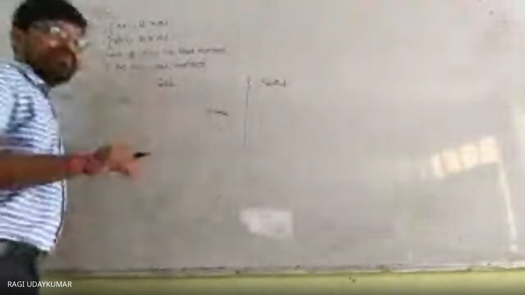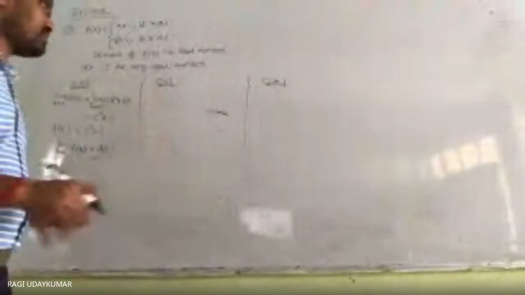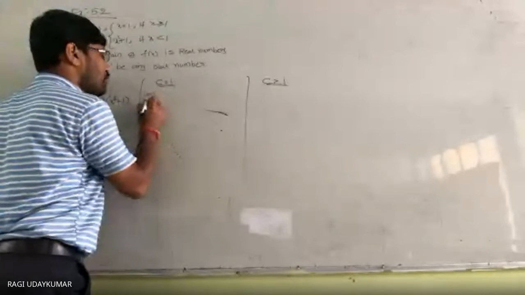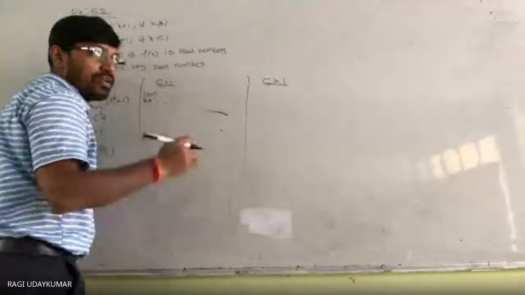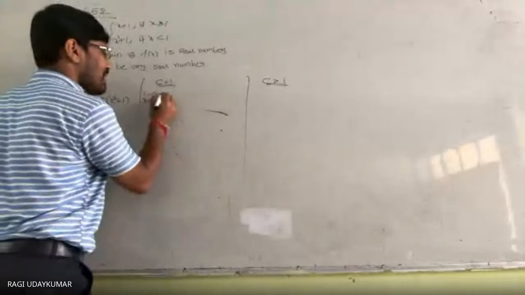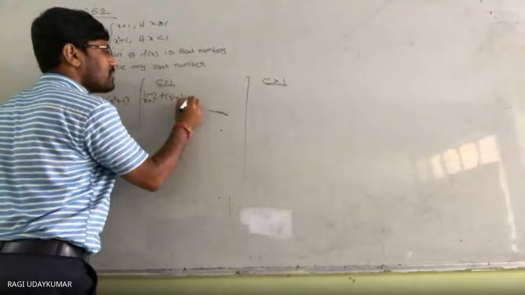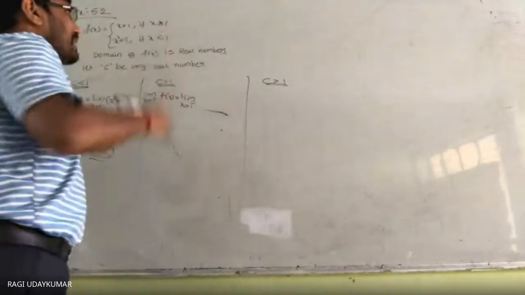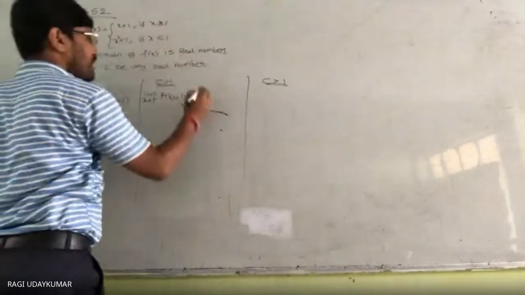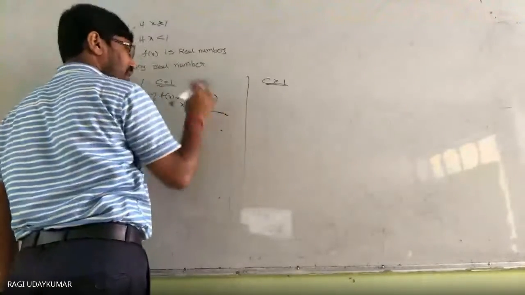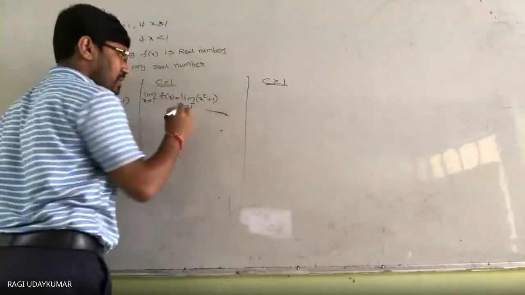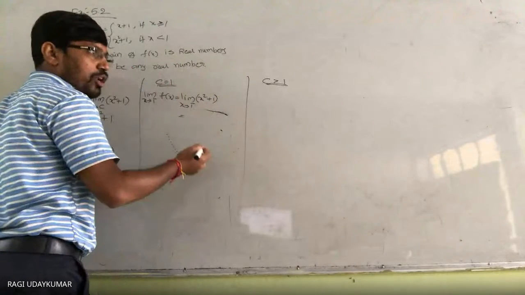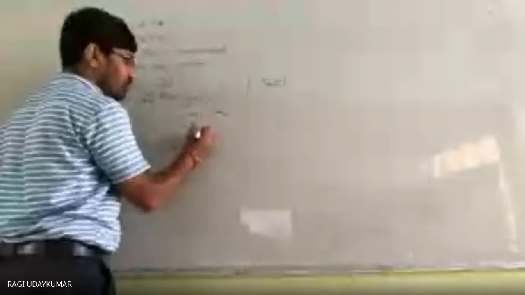c equals 1 का place में left hand limit, right hand limit is necessary to find out. So instead of writing c here you can write directly limit x tends to 1 minus of f of x. Less than 1 values, so that is x square plus 1. Here we have to substitute 1 only, not minus 1, because it is a polynomial function and we are directly substituting the value of the limit. So 1 plus 1 equals 2. Left hand limit is 2.